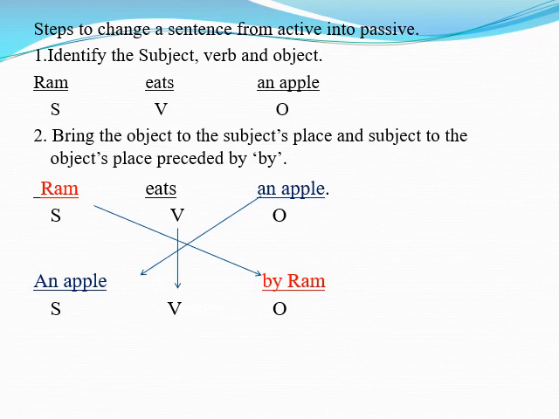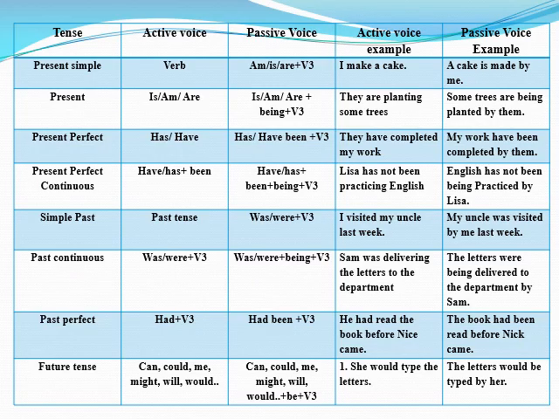Step 3. Now, the verb from the active sentence has to be changed into passive. To do this, it involves following certain rules. When changing a sentence from active into passive, the verb form in that sentence undergoes major changes. The change it undergoes is that the count of the verb increases.